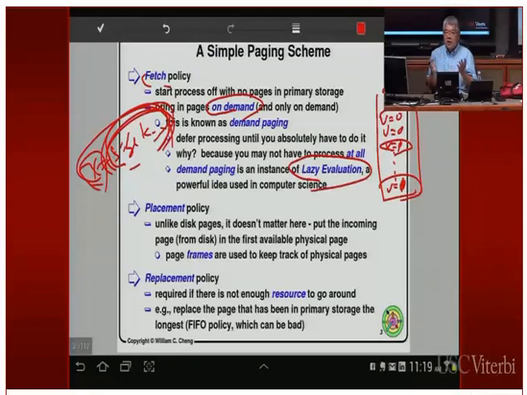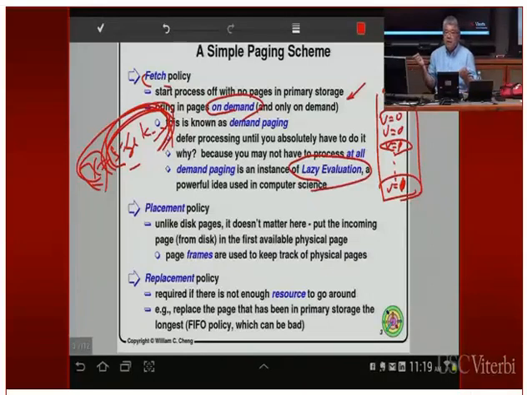Okay, so therefore it is possible that you have a user process where a lot of the code sitting on disk, you never really need to bring into memory. Think about if you are the program Microsoft Word. Microsoft Word is a very, very large program. If you fire up Microsoft Word, how much of the text segment do you really use? Maybe a small portion of the text segment, right? Because you're not going to use most of the plugins. The plugins are a lot of code on disk. So it's actually reasonable to do this on demand. You only bring in stuff that you actually need.